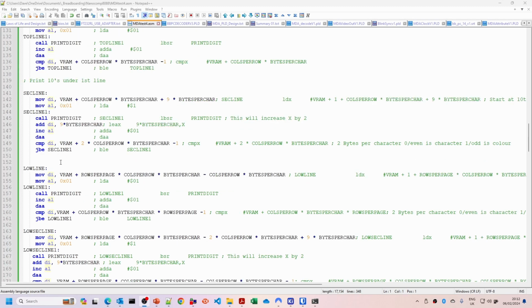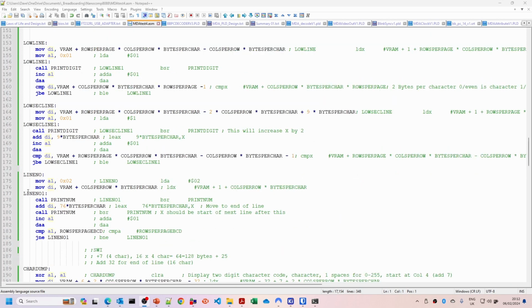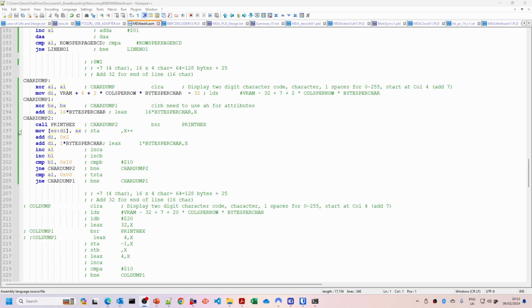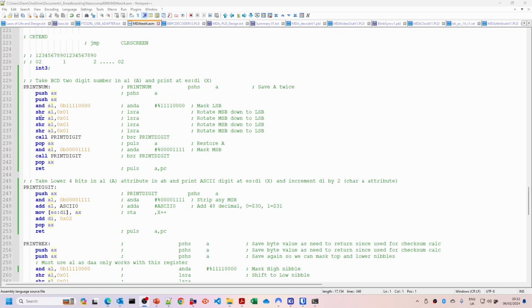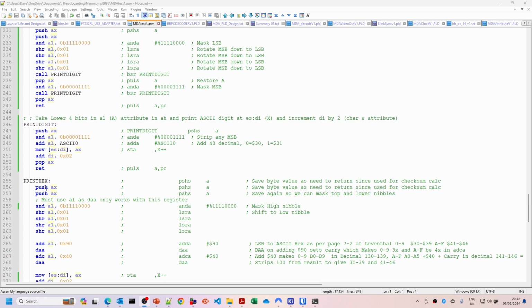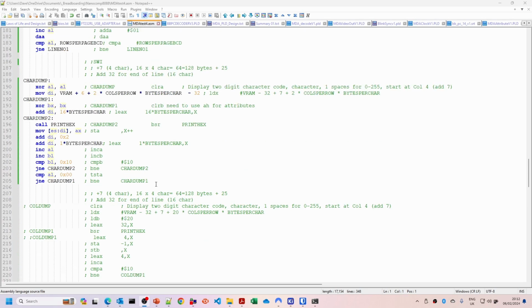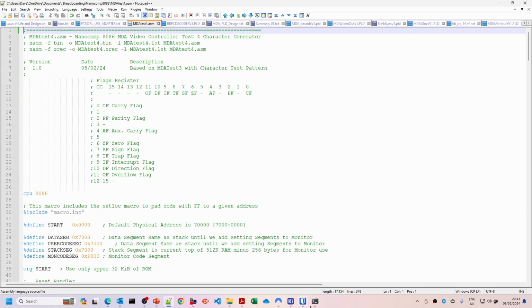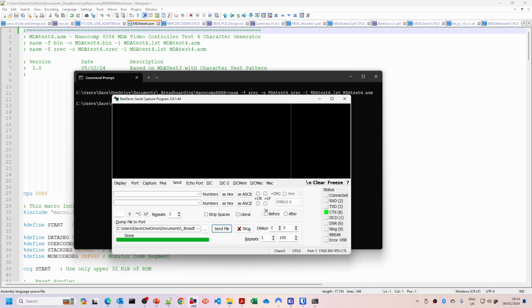Then the 10s below that. Then we do the same thing at the bottom of the screen. Then we do the line number from 2 down to, I think, 24 down the left and right hand side, and then we dump out the characters. So this is basically similar to what we had before, and I've just done a very rough and ready conversion. And then there's the print number, print digit and print hex, which are some of the helper routines also being converted. So if we just assemble this,